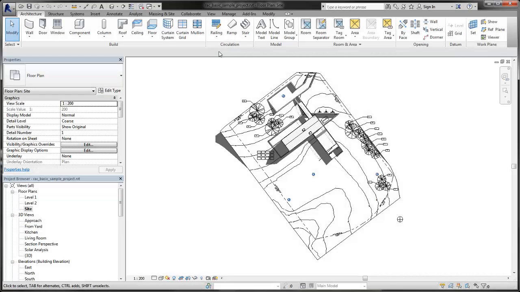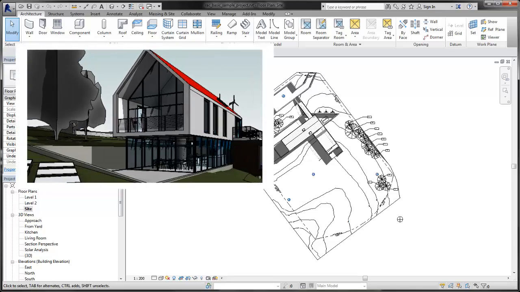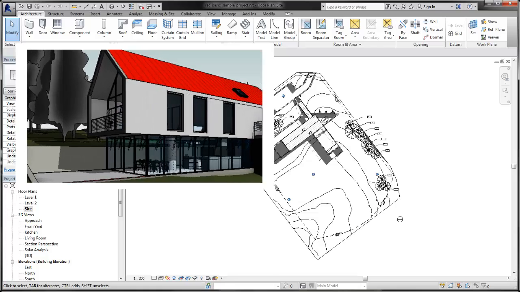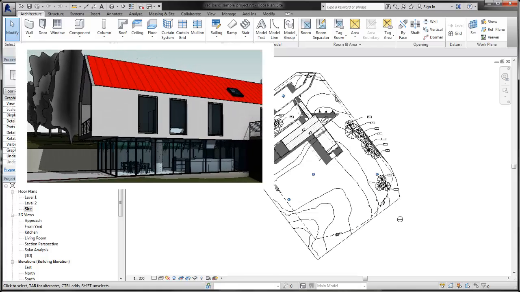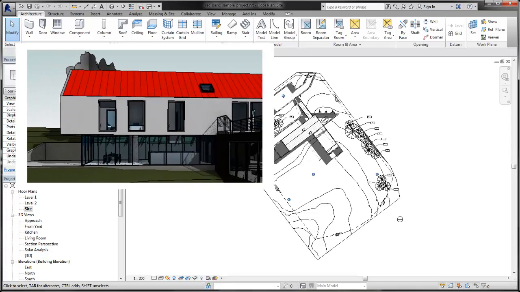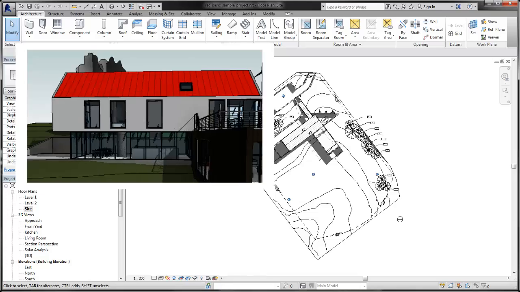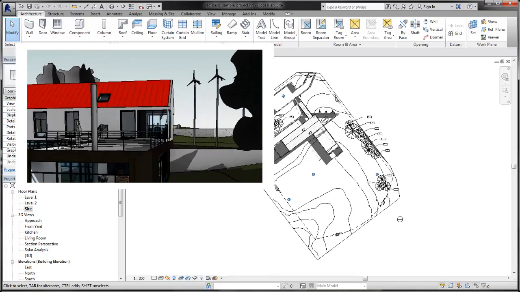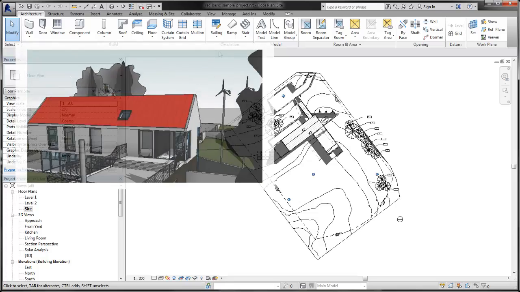Walkthrough animations are a dynamic way to present your project. They show your project from the viewpoint of a camera moving through space, as if you were walking through the building model or building site. You create a walkthrough in two main steps. First, you define the path you want the camera to follow. Then you adjust the camera target and position, as needed, to create the visual experience you want.